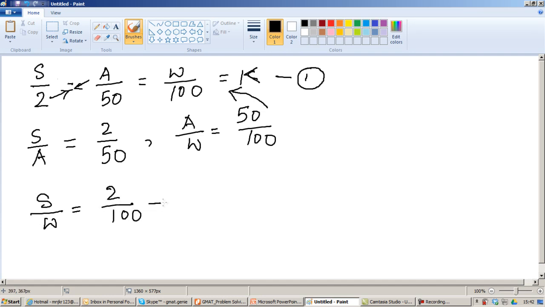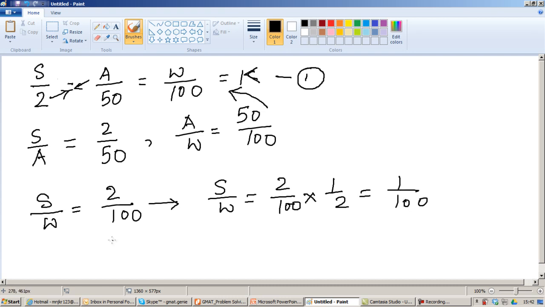It says the ratio of soap to water gets halved, so the new ratio becomes 2 by 100 times 1 by 2, which is 1 upon 100. And then it is also given that soap to alcohol, which was initially 2 upon 50,